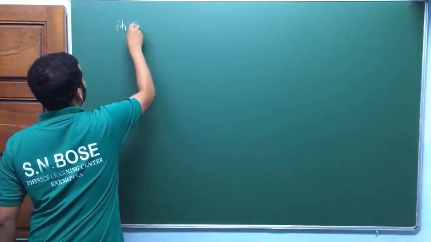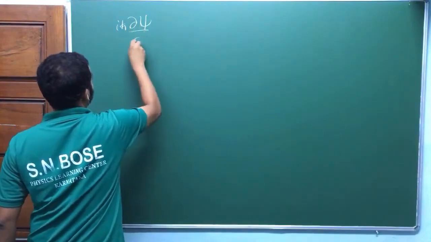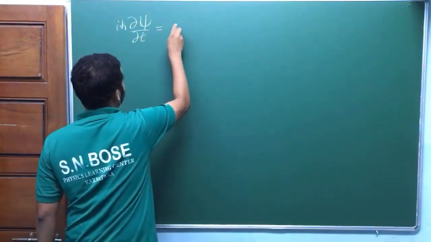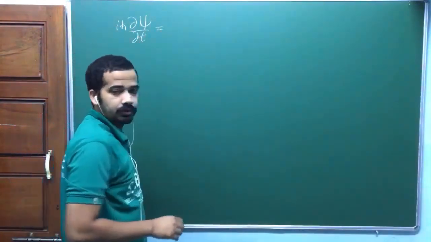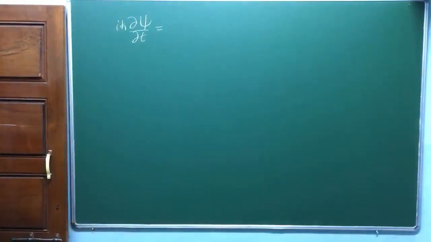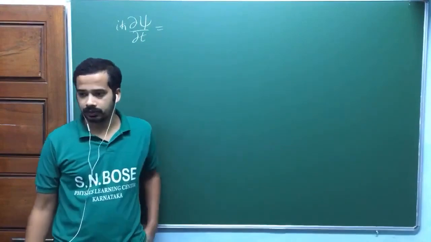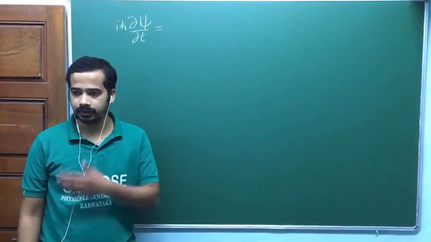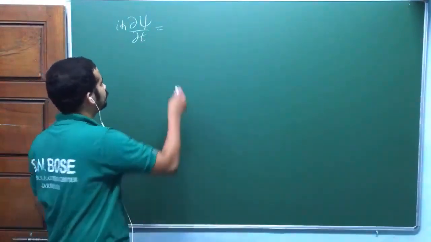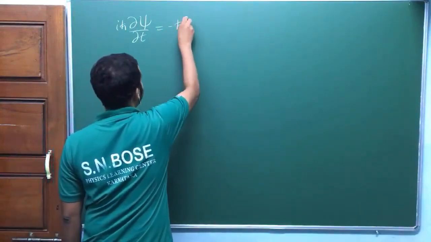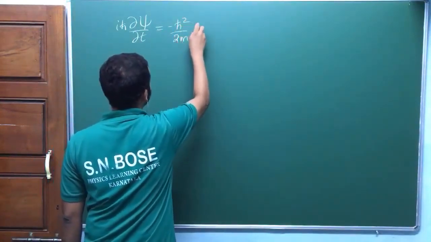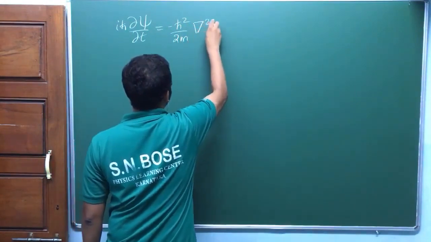i h bar dou psi by dou t is equal to minus h bar square by 2m, like that. Now look at here, I will go for the 3-dimensional equation, then I will take the special case of 1 dimension. So minus h bar square by 2m. I hope you know about the Laplacian. Del square psi,